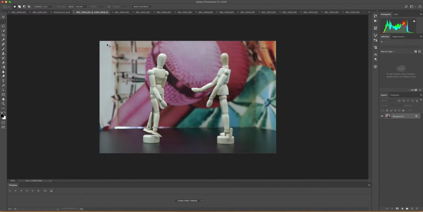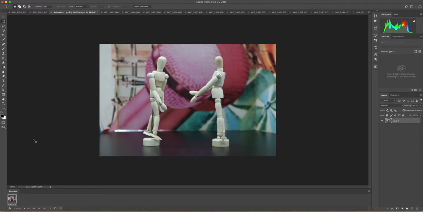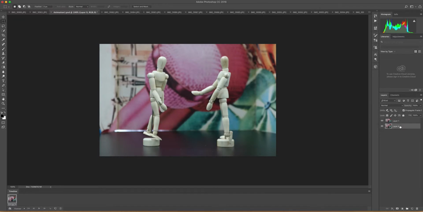So I'm going to select all by pressing Command A, which gives it that glowing line. Command C will then copy this image, and then I go back to my animation document and press Command V. What you'll notice is I've now got layer 1. So from layer 0 to layer 1, if I was to take one of those away, there is a slight movement. That is a basic animation. Now, between this frame and the next frame, I can make that happen. So if I now click